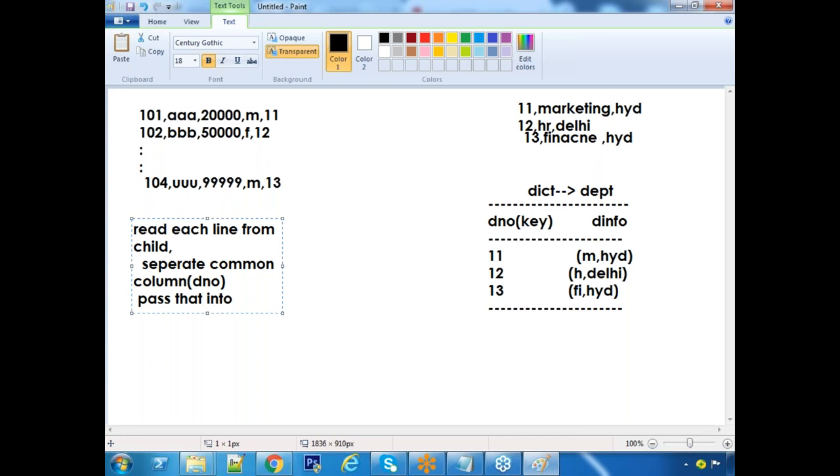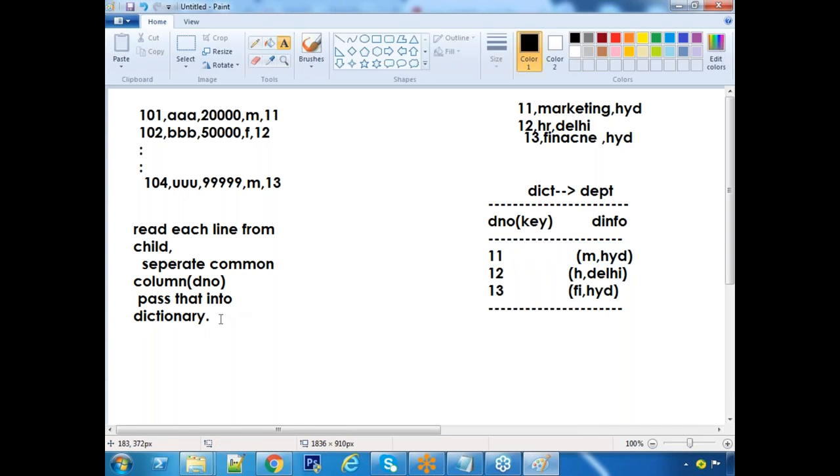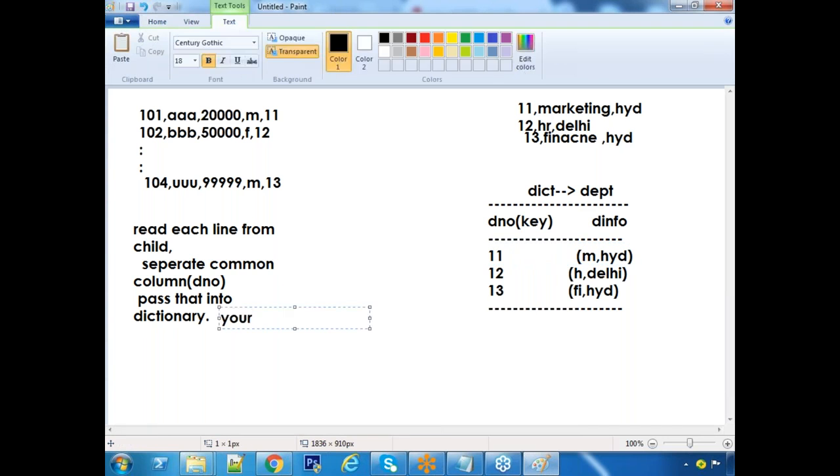Pass that into dictionary. From the first line, 11 is department number. If I pass that 11 into this dictionary, I will get department information or not. Okay. Pass that into dictionary. You get parent information.